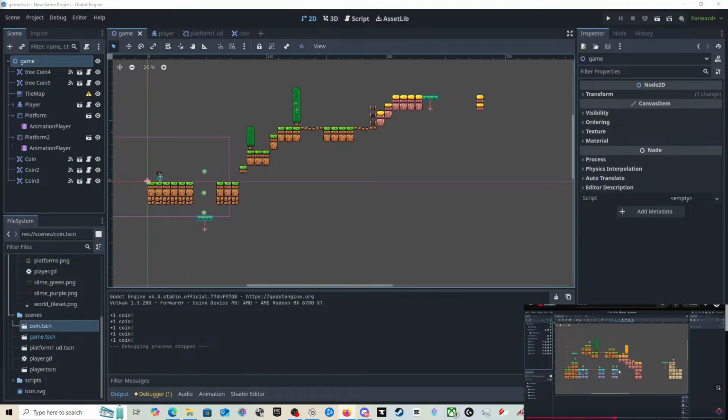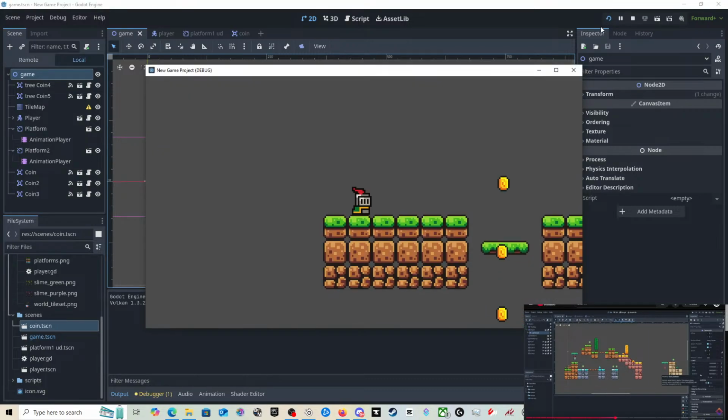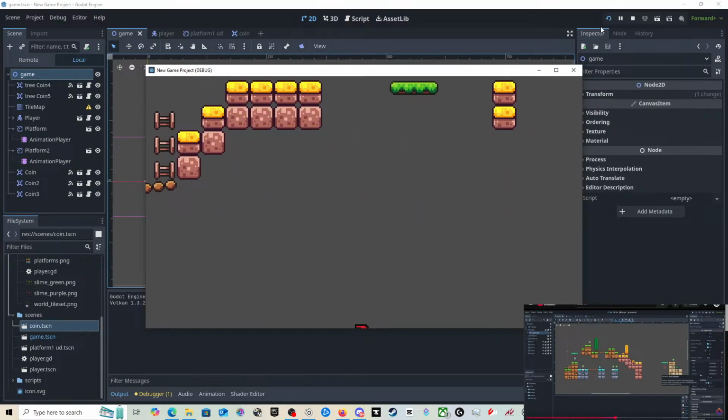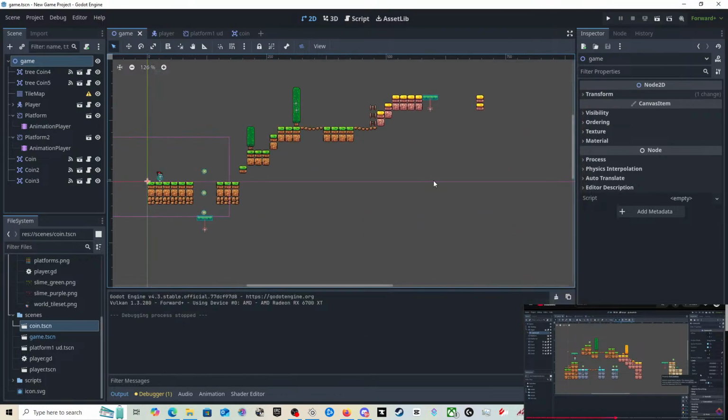We simply select our camera under the player, go under limit, and here we can set a position limit for the left, top, right, and bottom part of our camera. In our case, we need to set a limit for the bottom position, because at the moment, we go up and I miss here. Yeah, we fall fast enough for the camera to kind of get out of the way. Once the camera gets out of the way and you're too far under the camera, then you die.